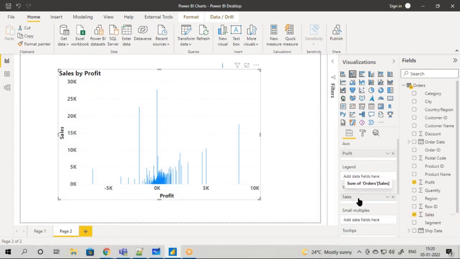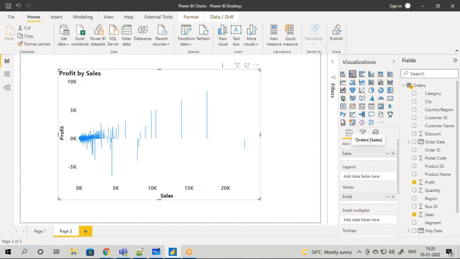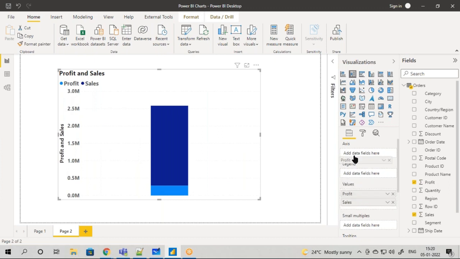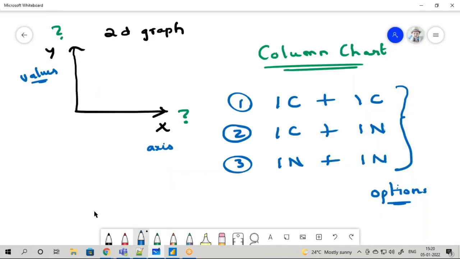Either you again drag sales here and profit here, that also is not going to work. So whether you drag sales or you drag profit, you are using axis also as a numerical value, values also as a numerical value. So in this case your chart is not working.